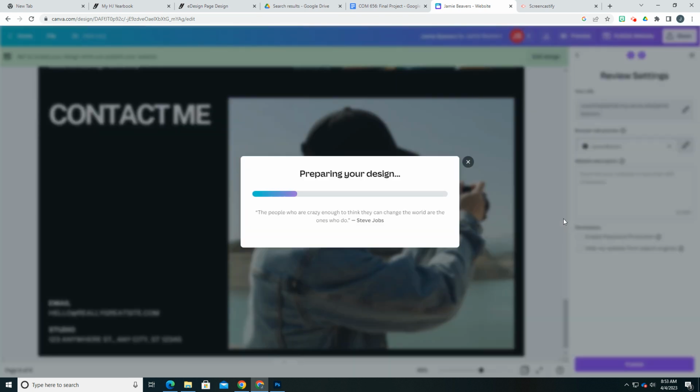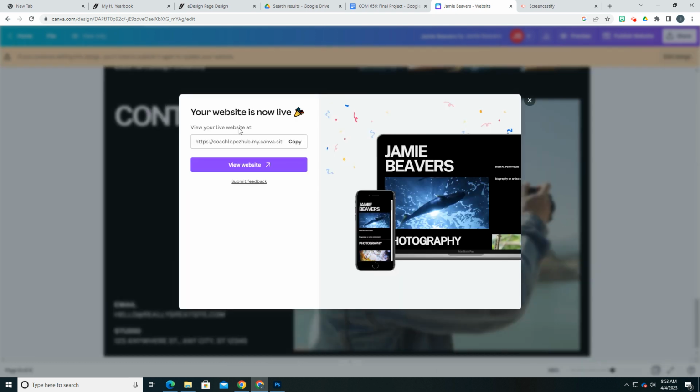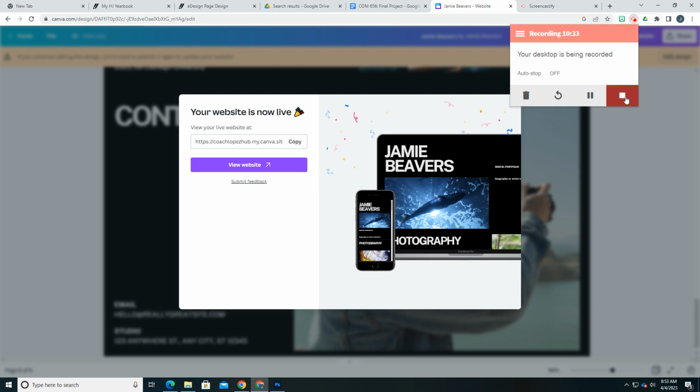It's going to take a minute. And when you're ready, it's going to give you a shareable link, and that is what you're going to turn in on Schoology for the grade. And you can continue to update this. Click copy. You can now go to Schoology and submit the link to your website for the grade and continue to add to your portfolio as needed throughout your career at Midway and